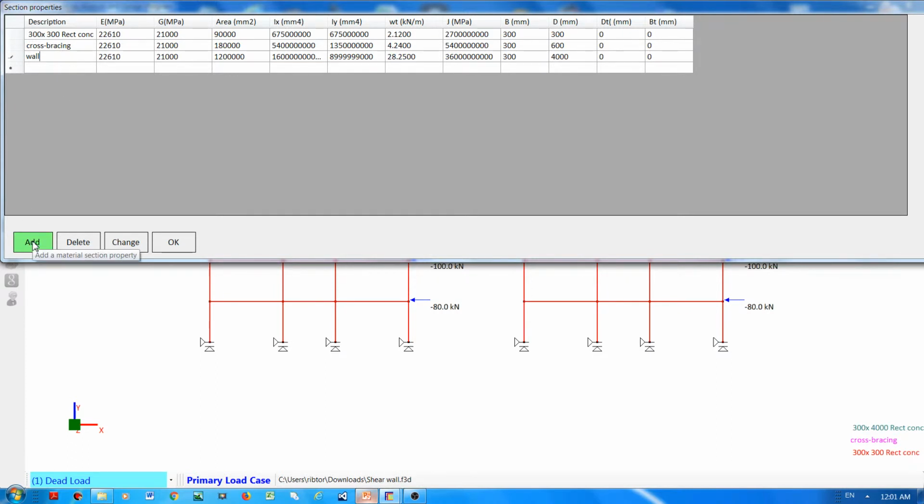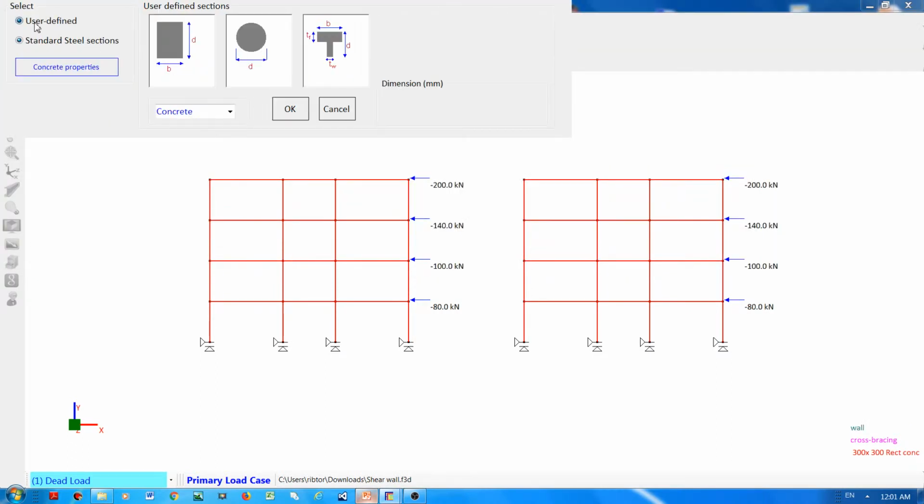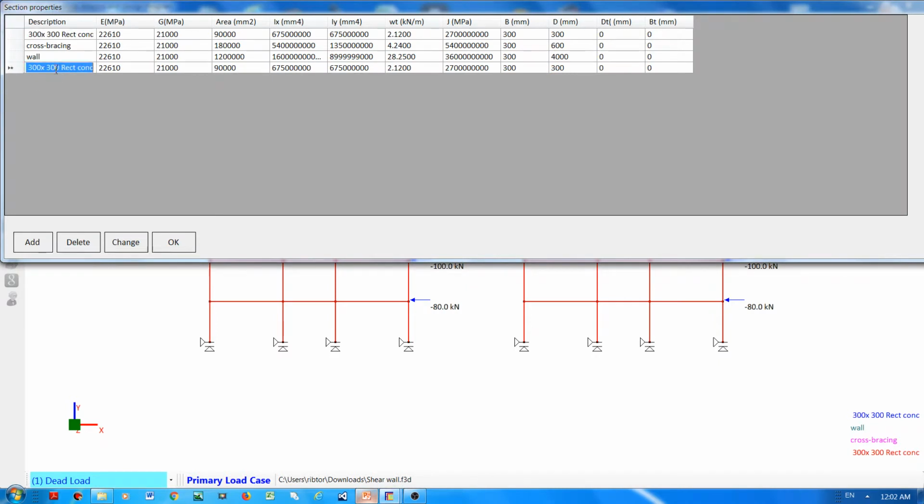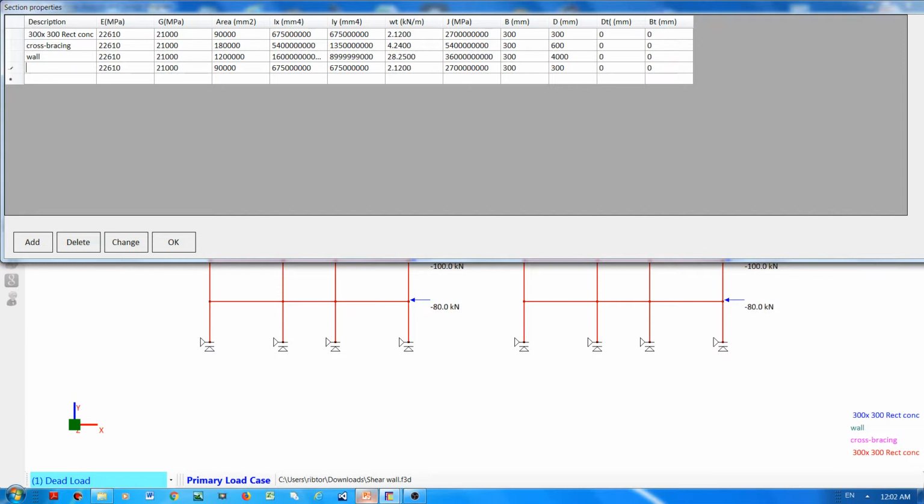I will add one more, say for example 300 by 300, and I will designate this section as dummy beam. Okay,